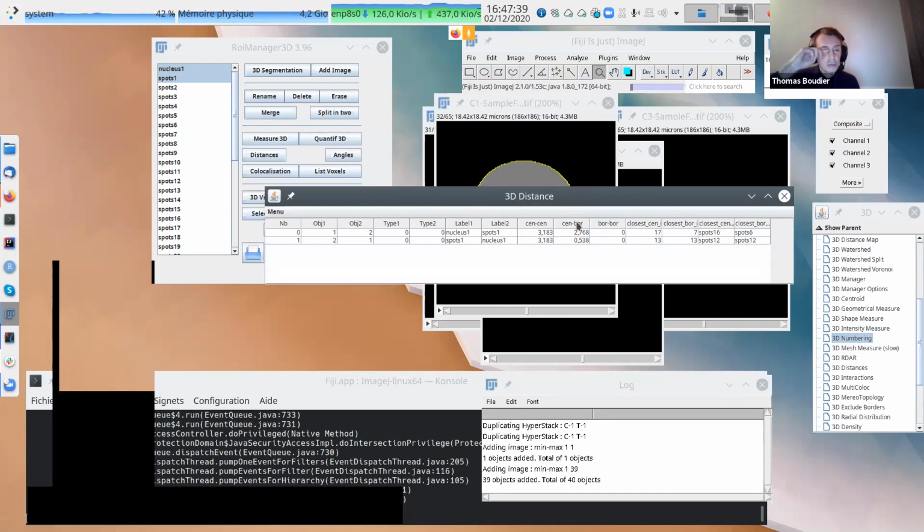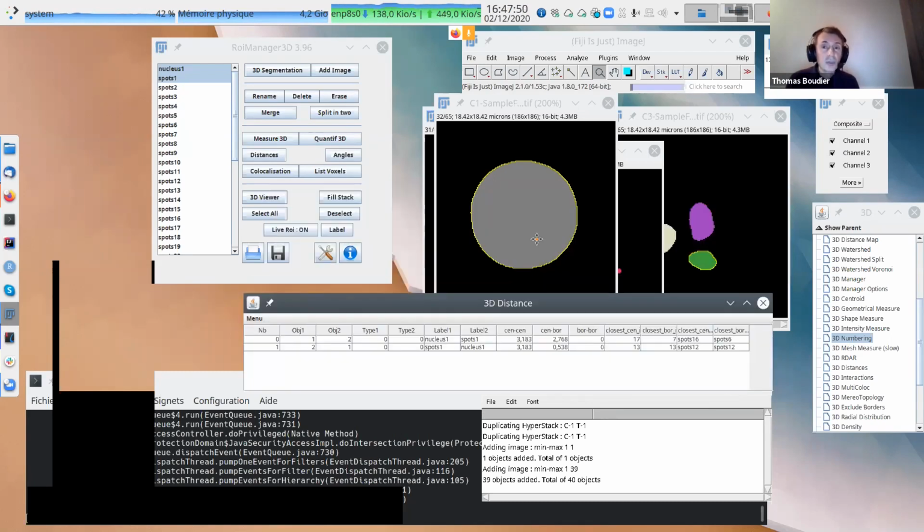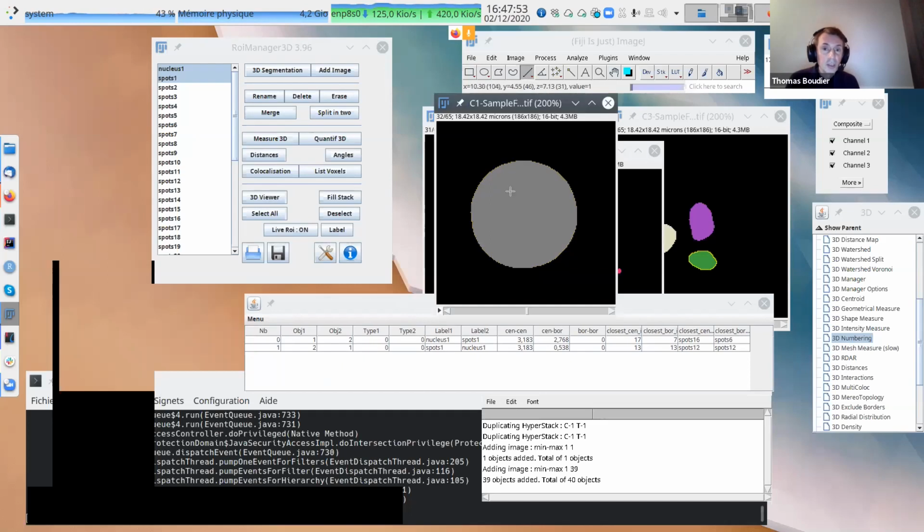Not so fun, I guess. Maybe this one is a bit more interesting: spot 1, nucleus 1, the center of the spot to the border of the nucleus. This one will be a bit more interesting. The spot is here, so it's like the closest distance between the spot and the nucleus: the center of the spot to the border of the nucleus.